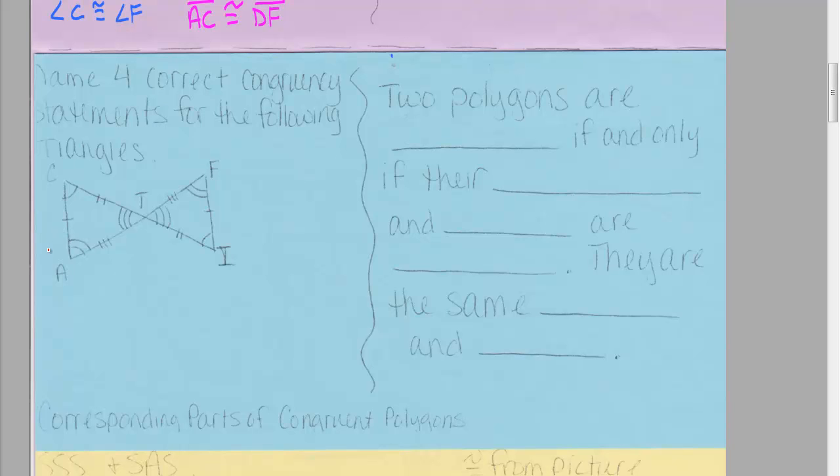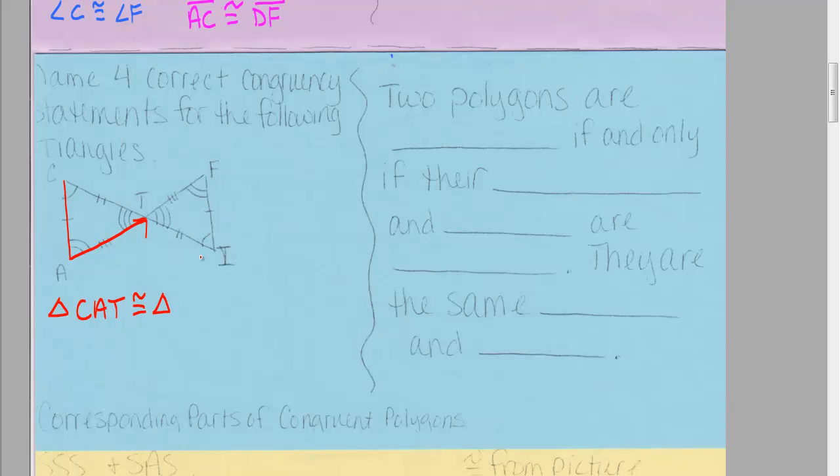Alright, now we're going to name these two triangles 4 different ways. And whatever way that you name the left triangle, you have to name the right triangle the same way. Now what that means is, pay attention to the arches. We're going to go in the order of the arches. So the one with 1 arch is C, the one with 2 arches is A, and the one with 3 arches is T. So we're going to go from 1 arch to 2 arches to 3 arches. So that means that we went from C to A to T. So triangle CAT is congruent to triangle